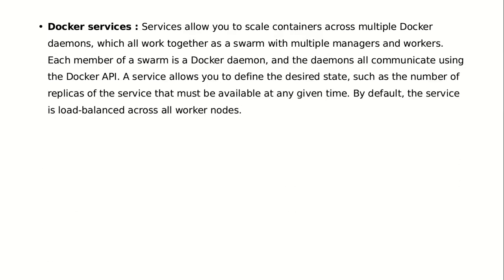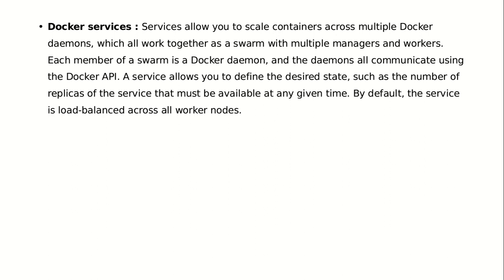Now the last component we have is your Docker services. Docker services help you to run the master-slave architecture in Docker. In Docker, this master-slave architecture is known as the manager and worker configuration. So it helps you to run multiple containers. This Docker services is also known as Docker Swarm. So you may also see something known as Docker Swarm. It is also known as Docker services.